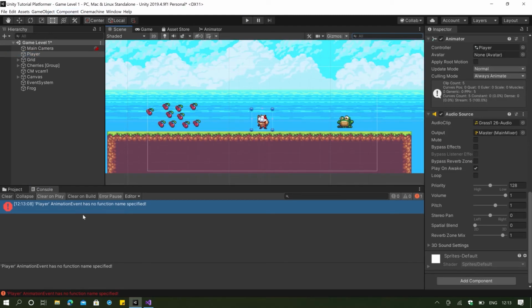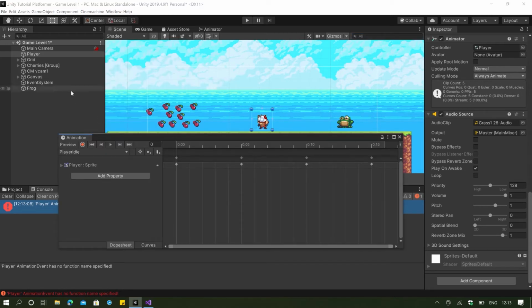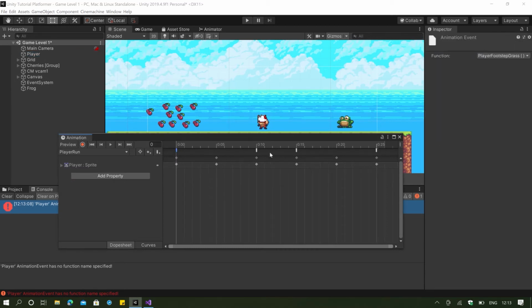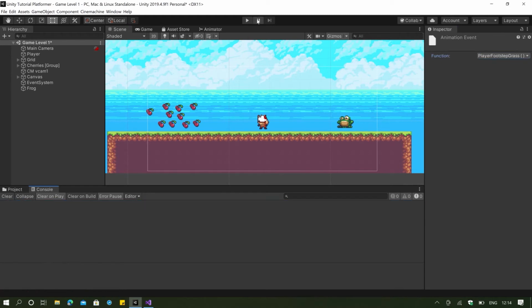The problem that happens here is that we did not specify the animation event here. So if we go back to our Windows animation, I think I misclicked on one of the animation events here. Click on our player once more, go to our player run, then make sure that all of these are specified. I think I specified this one, and as you can see, this one isn't selected. So I'm gonna click on our player footstep grass, and then I'm gonna clear this error here. Click on our play again,